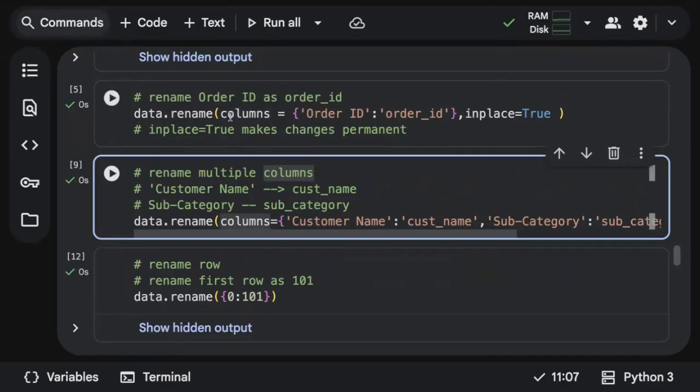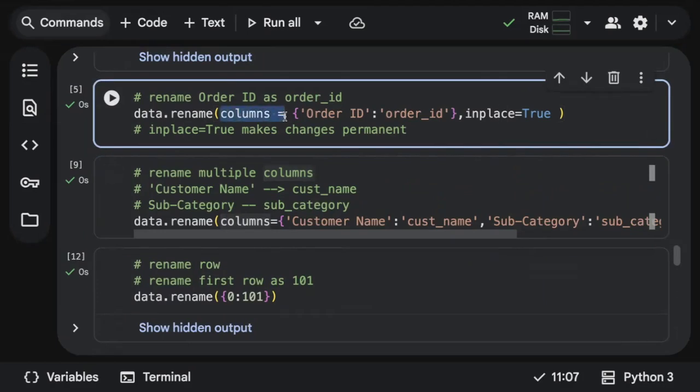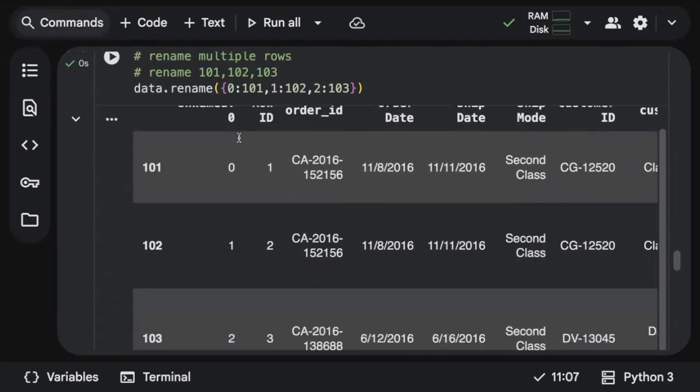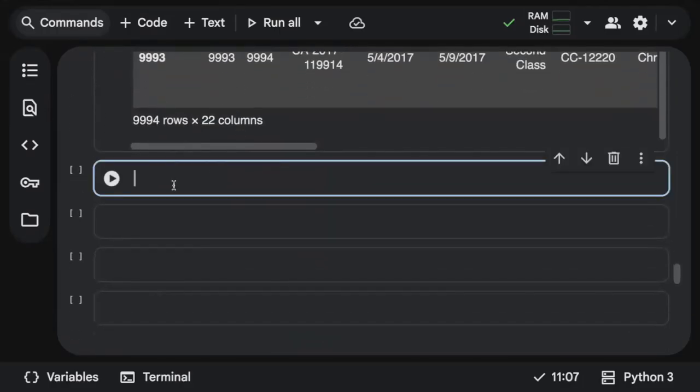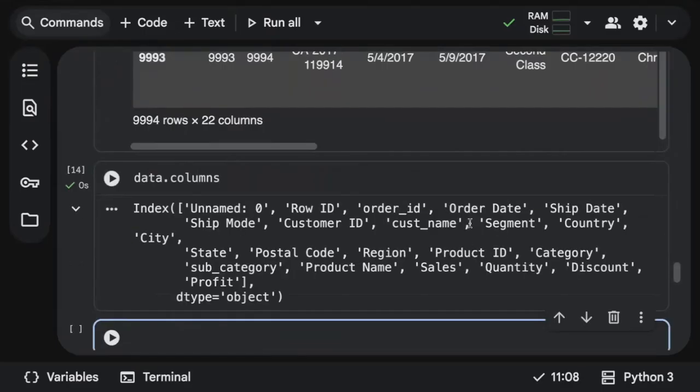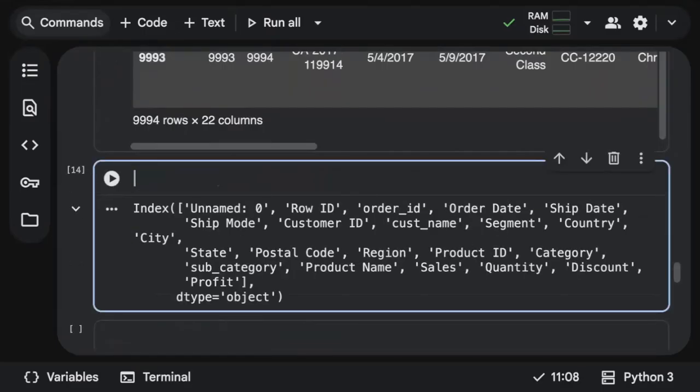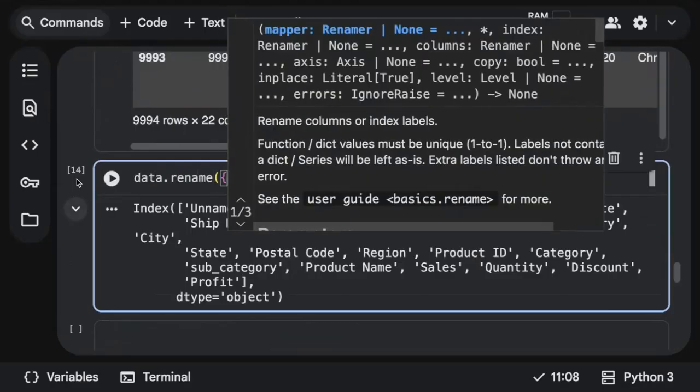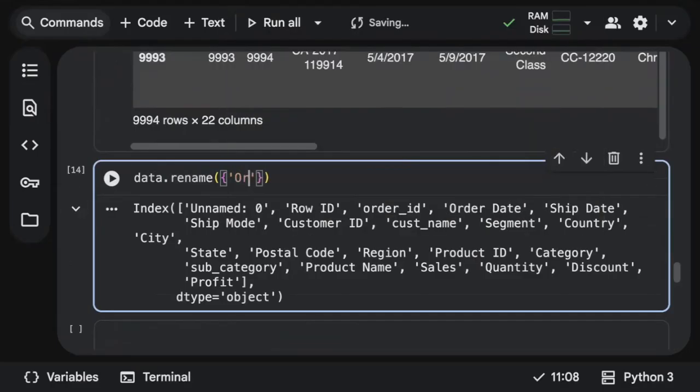There is one more thing. What if you don't want to give those columns? Like, how can I rename without giving columns? Okay, I'll show you one more, interesting approach. Let's say, for example, let me take one of the columns. We have an order date, right? I'll just use data.rename. What if I need to replace order date with a new name, which is going to be order date, something like this.